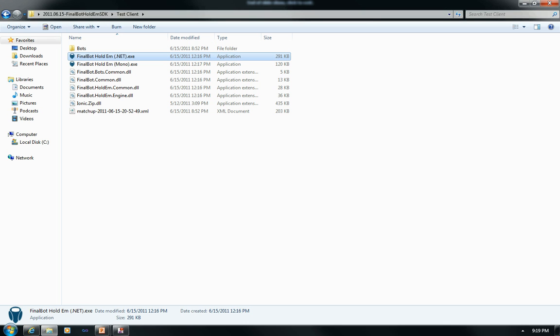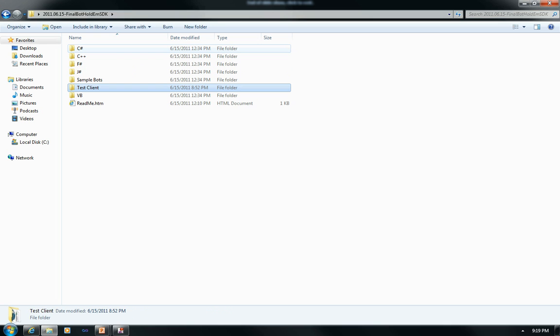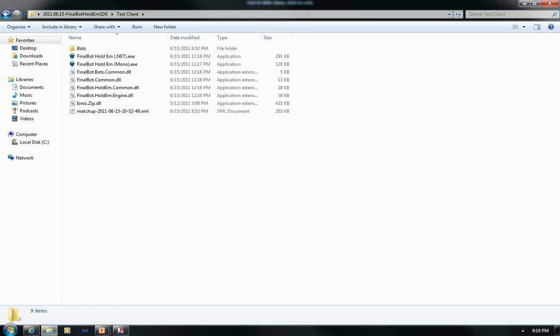Assuming we've unzipped the SDK, it will look like this for you, where you have a handful of projects, C#, C++, and so on, the FinalBots project, and the test client. We're going to step into the test client folder, and in here we have two executables, one for Mono and